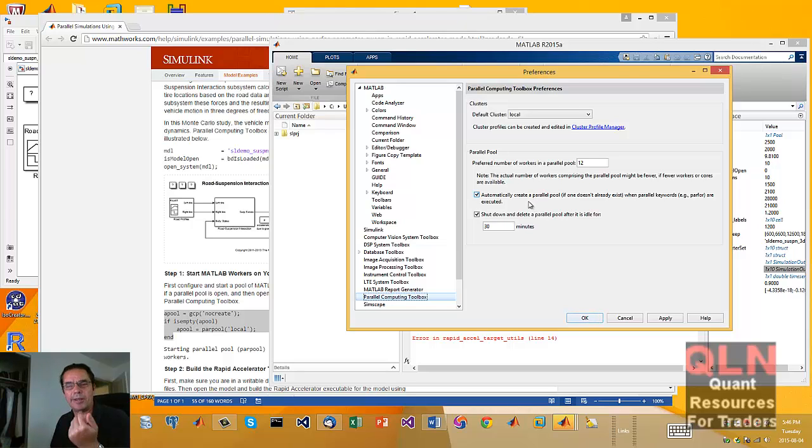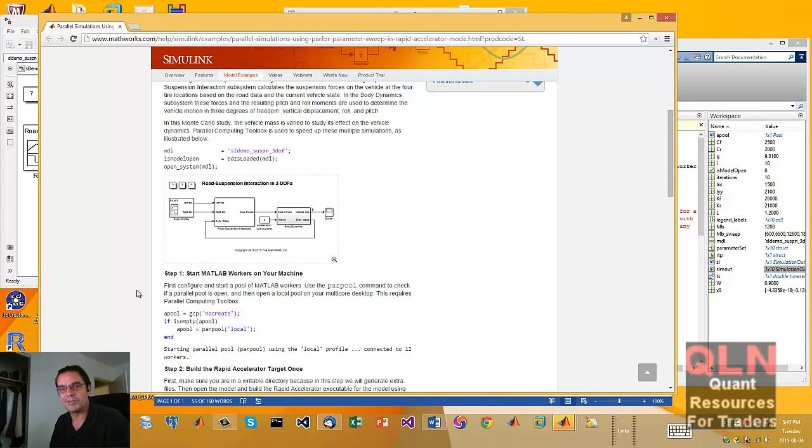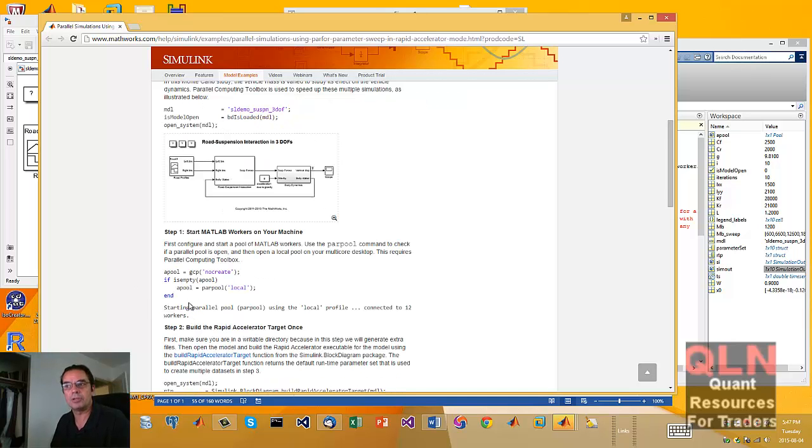I'm running this locally on an i7 with 12 gigs of RAM, so it's not very powerful, but I'm sure this can be expanded once it can see a MATLAB pool of clusters of other MATLAB workers. So that is available, and that is very easy to set up. I've seen how it's done in raw Java, C, even Python. R is pretty good actually with doRedis, but